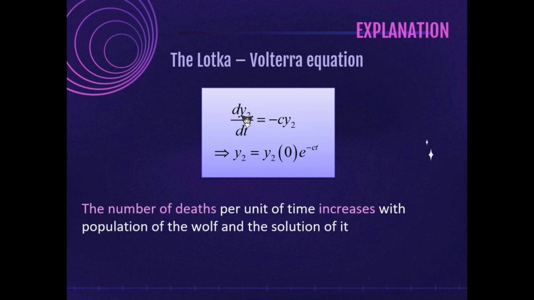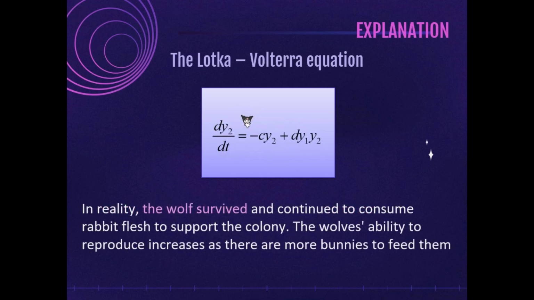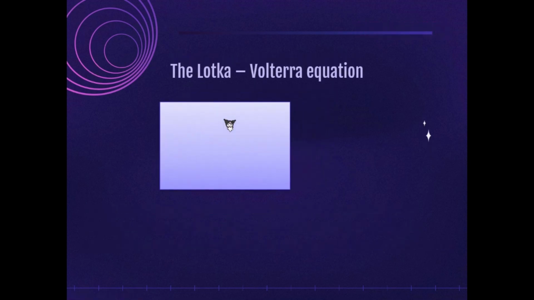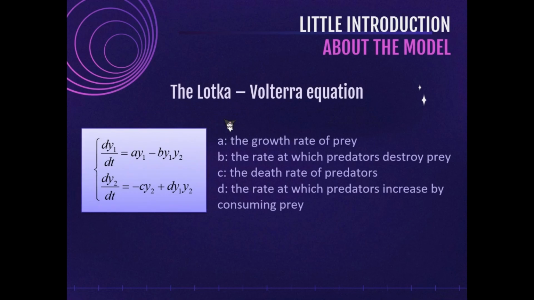We can see that the fox survived and continued to consume rabbit flesh to support the colony. The fox's ability to reproduce increases as there are more bunnies to feed them. So we can rewrite the above equations as following this formula. From those equations, the simplest version is the following pair of ODEs, where A